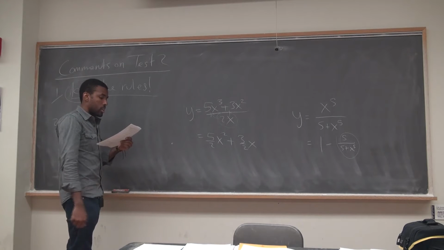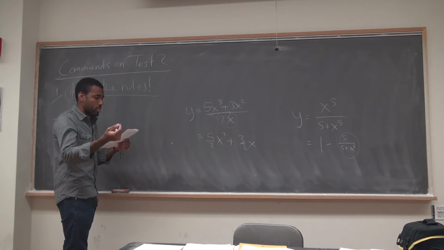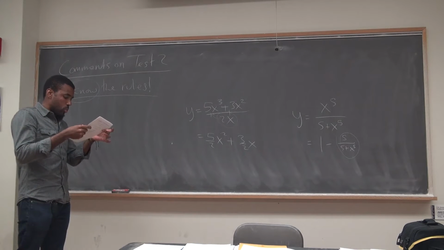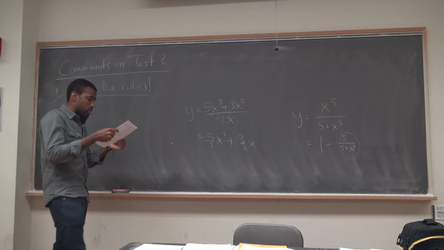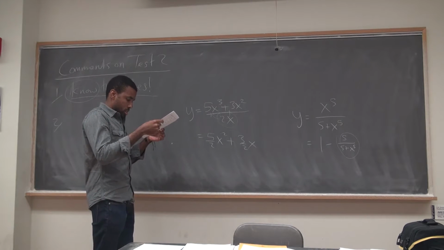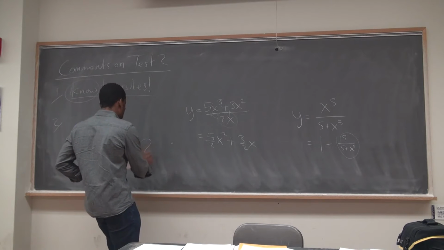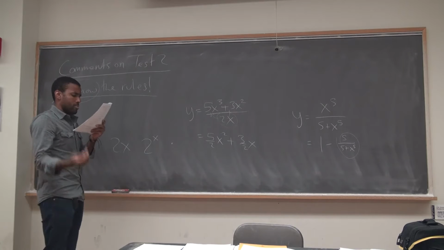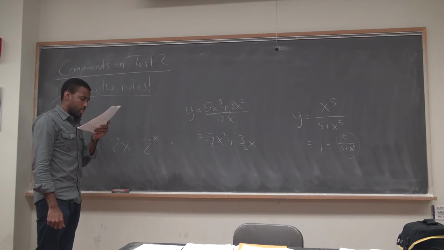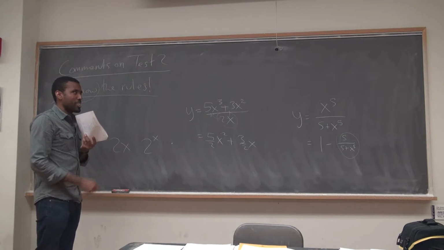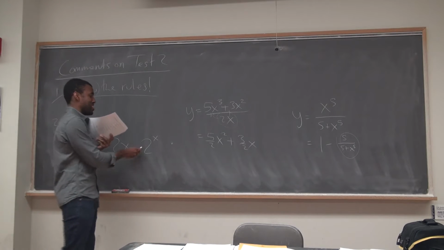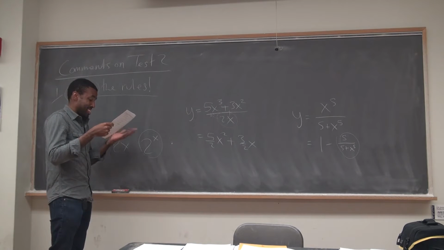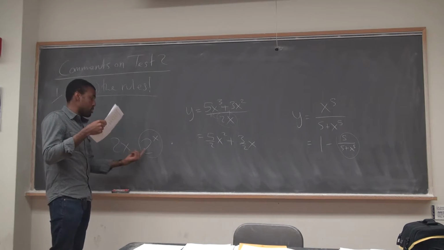Like this person did, they actually got it right. But I wrote, it's overkill, like you're working too hard, right? A lot of these things you want to be able to simplify and recognize what these functions are. For some reason, in a problem I had 2 to the x, and a lot of people thought that was 2x. It seems clear to me that that's the power here. Or maybe they just pretended. They didn't know how to deal with this, so they're like, let me pretend that I can't read it. I don't know. So that was 2 to the power x.